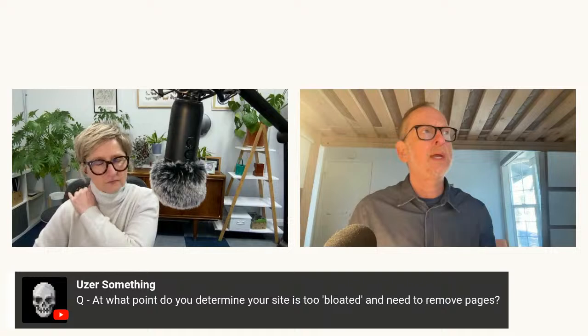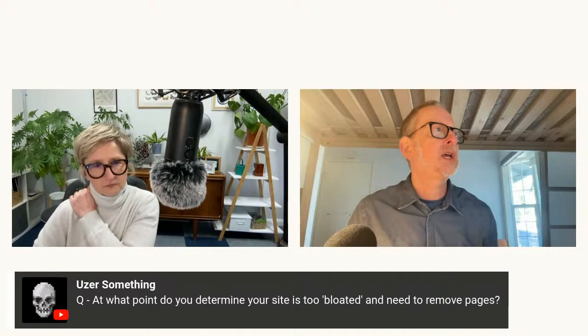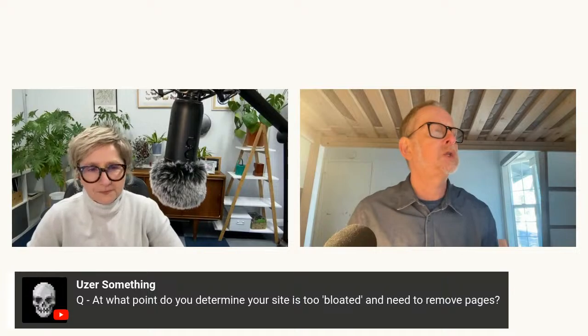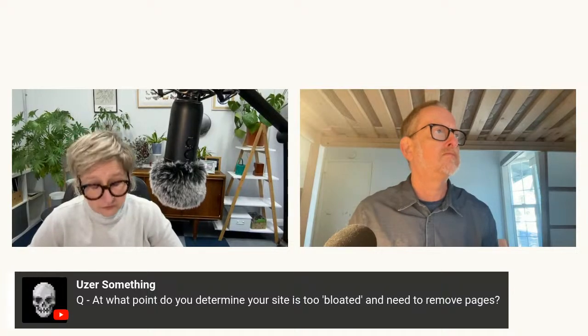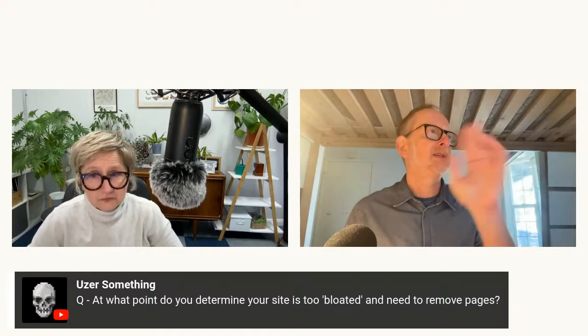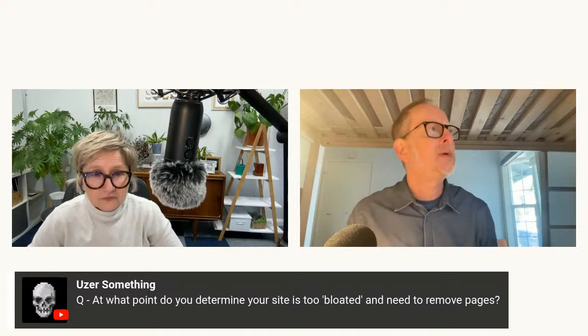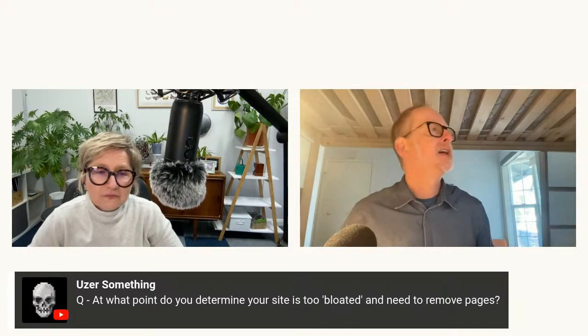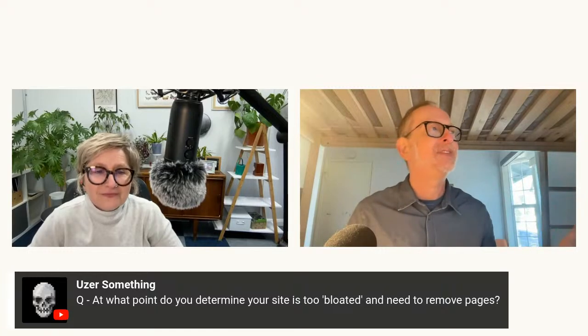And then you look at all the pages. You can create your own metrics, but usually we'll say, okay, has this page got any traffic in the last 6 months from Google? No? Okay, then it's past that first filter. Has Googlebot crawled this page in the last 6 months? No? Okay. Does this page have any links from any other site?